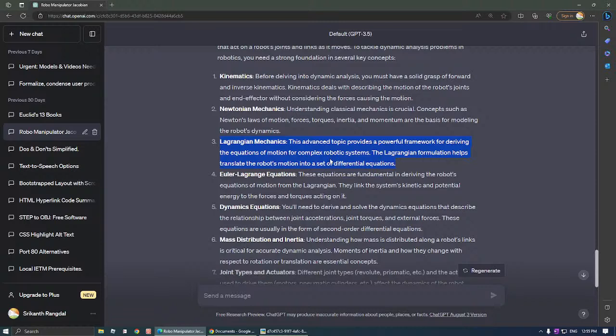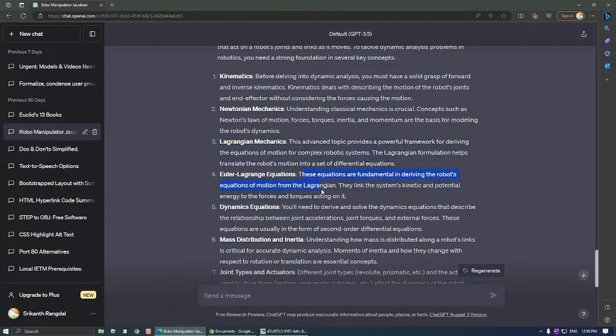I've not heard these two words used in combination till now, but let's say that the mathematics used in Lagrange is implemented in mechanics, and that's what they are calling the Lagrangian mechanics. So this advanced topic provides a powerful framework for deriving the equations of motion for complex robot systems. The Lagrangian formulation helps translate the robot's motion into differential equations. Okay, so then we have the Euler-Lagrange equations, and these are fundamental in deriving the robot's equation of motion